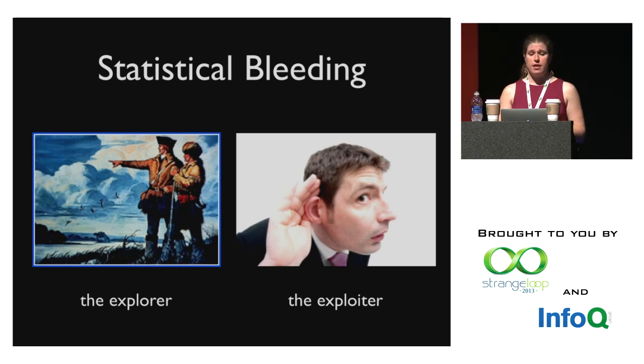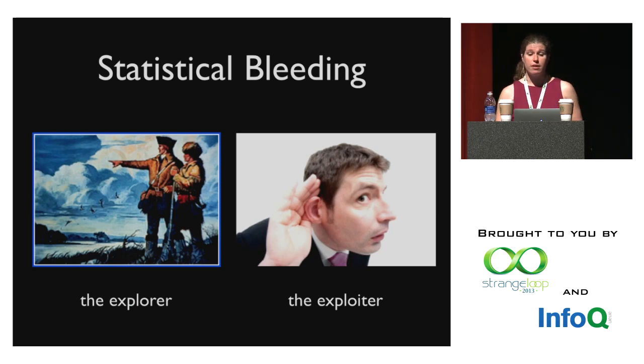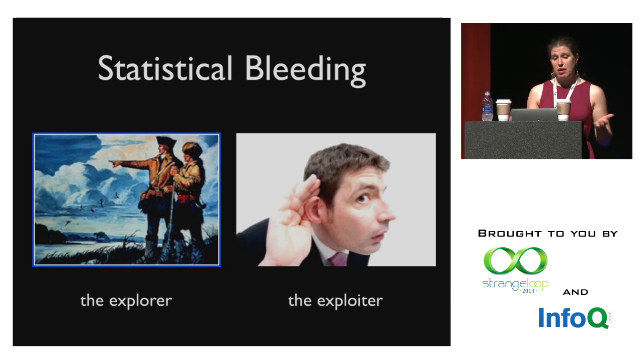For the sake of simplicity, let's assume that one ranker is all about exploration, represented here by the painting of Lewis and Clark. It's got a decent likelihood of showing users brand new articles that have no activity, hoping to find undiscovered gems. In this scenario, the second ranker is all about exploitation, represented by the businessman who's eavesdropping on Lewis and Clark. The exploiter keeps showing users the documents that have a lot of positive interactions already, figuring they are good articles and people will probably like them. You guys see where this is going?